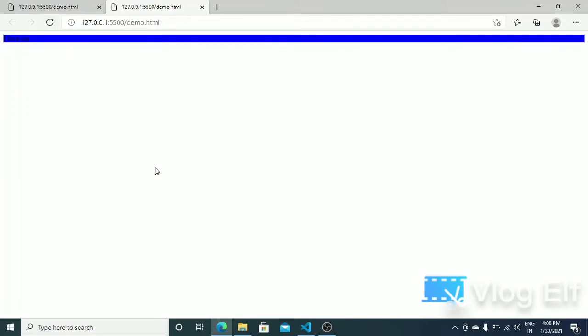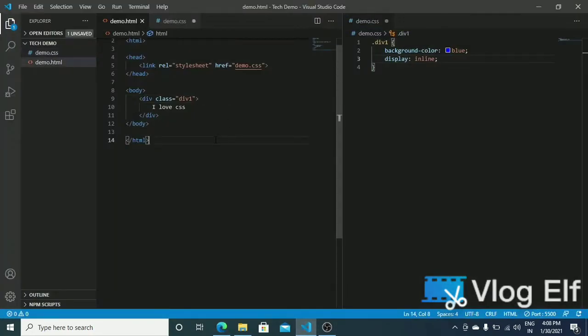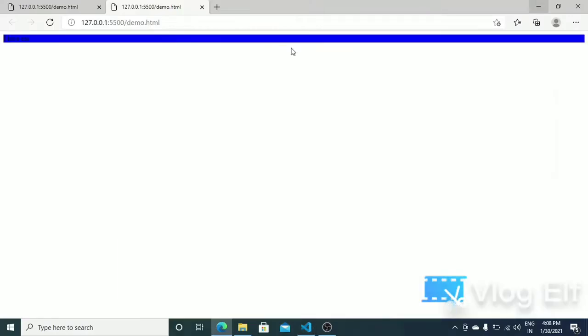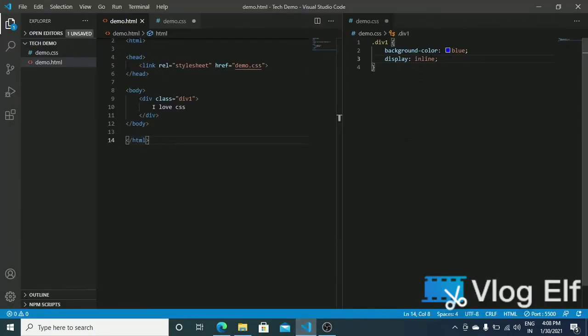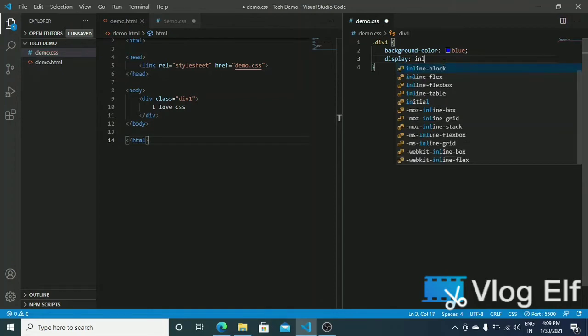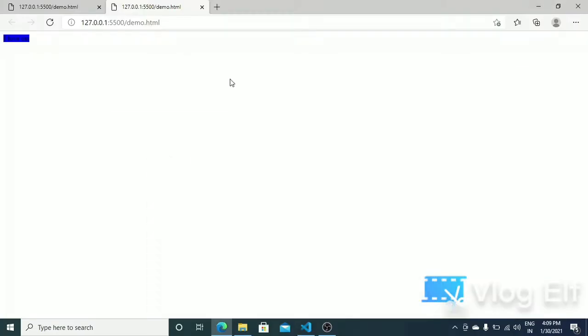So as you can see, let me save this file. Now as you can see, it is taking the space which is required by the content, so it is the inline value.